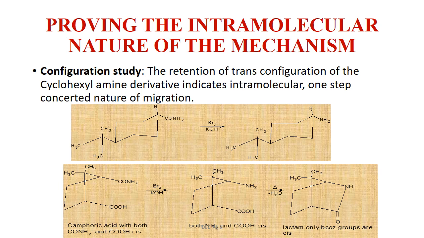And if you are heating, what is happening there? In the NH2 group, one proton is gone, and in the COOH, the OH group is gone. So a water molecule is released. So what is obtained? A lactam is obtained, a CONH group in a ring, that is a lactam. And this lactam is produced only if the NH2 group and COOH group are cis, right? And your starting material is also cis camphoric acid. So you can say a cis reactant will give you a cis product, an equatorial amide will give you an equatorial amine. So there is a retention.